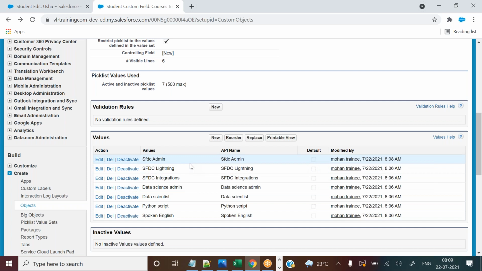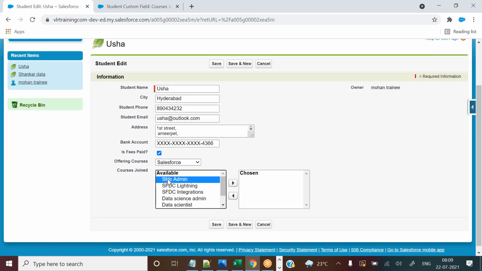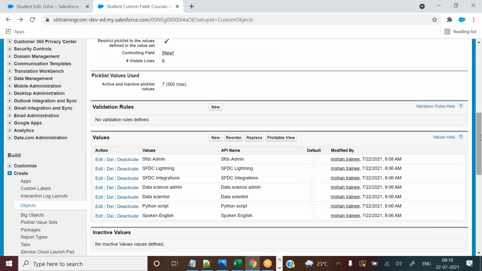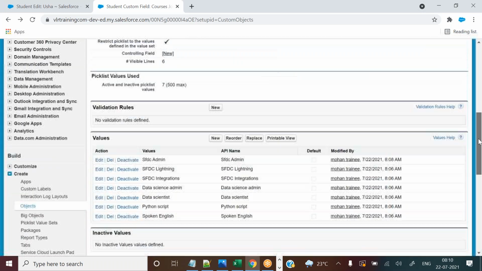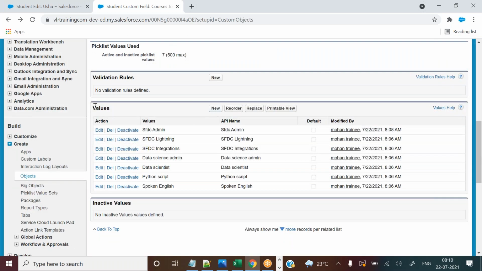After a few months, a new requirement came into the picture, and they are asking to display a new value here or a new value here. That is a business requirement you will get in real time. So you need to know how to add a new value for existing pick list fields. For that, you need to go to the field, open the field detail page, and under values you need to click on the new.